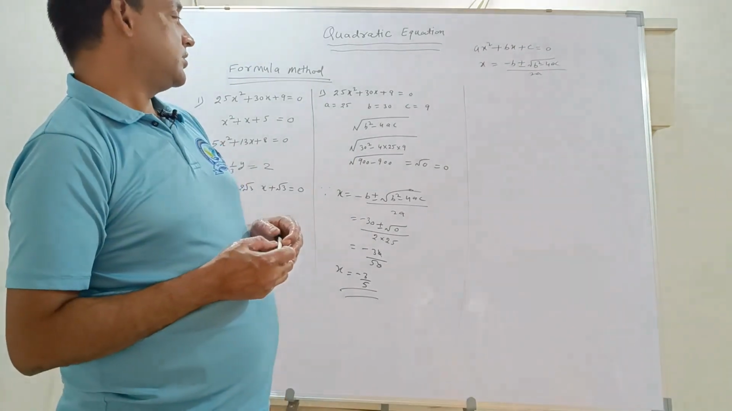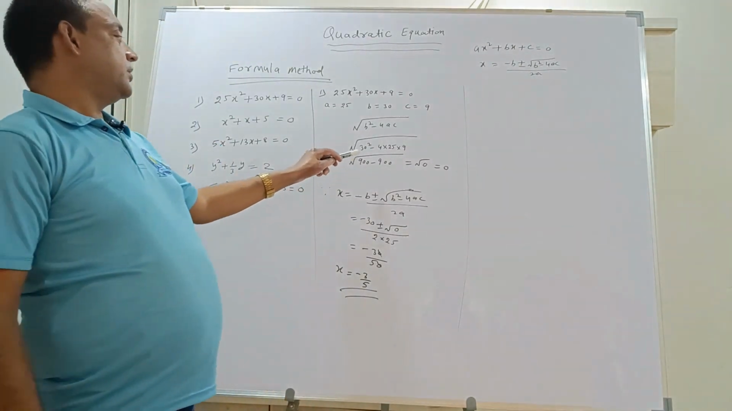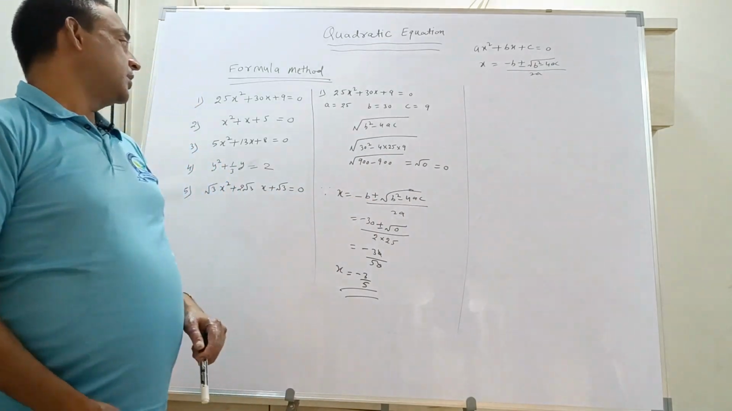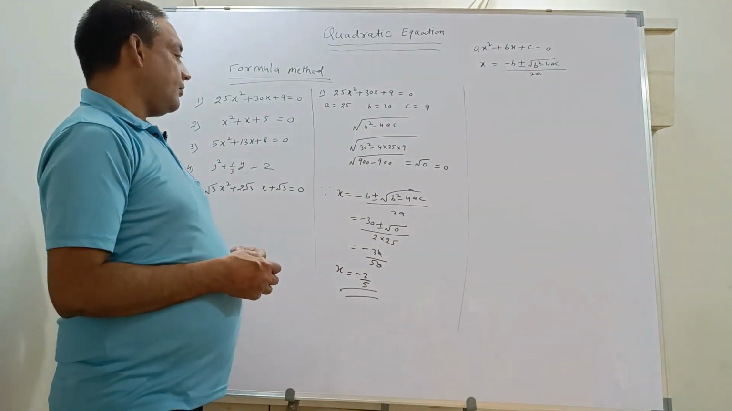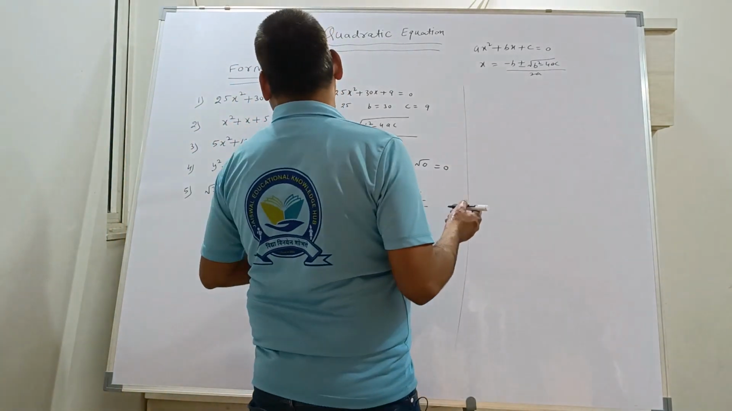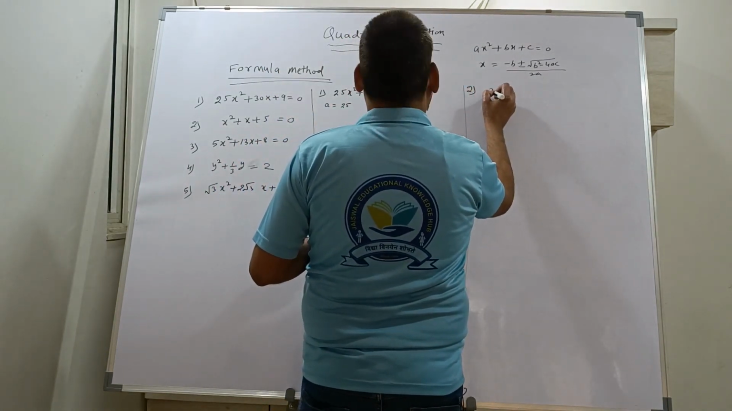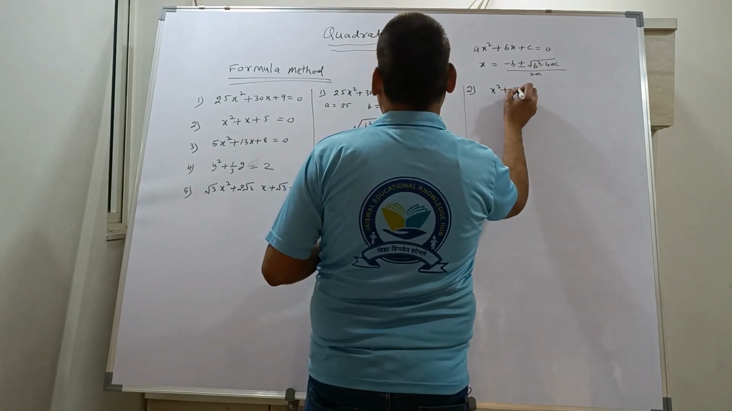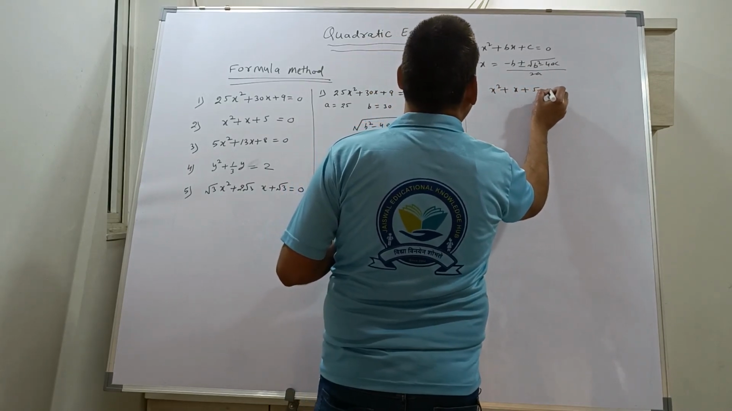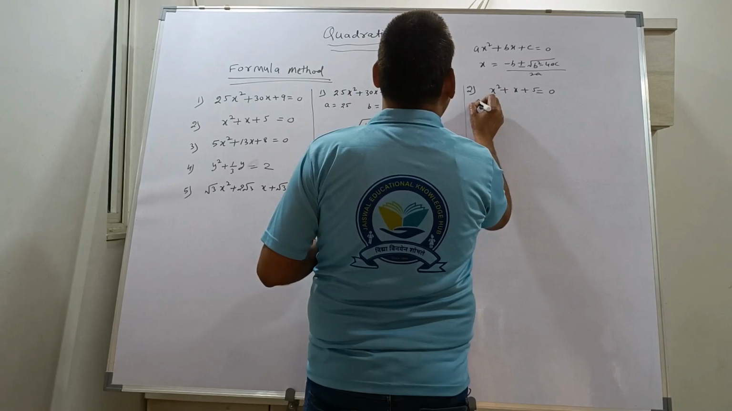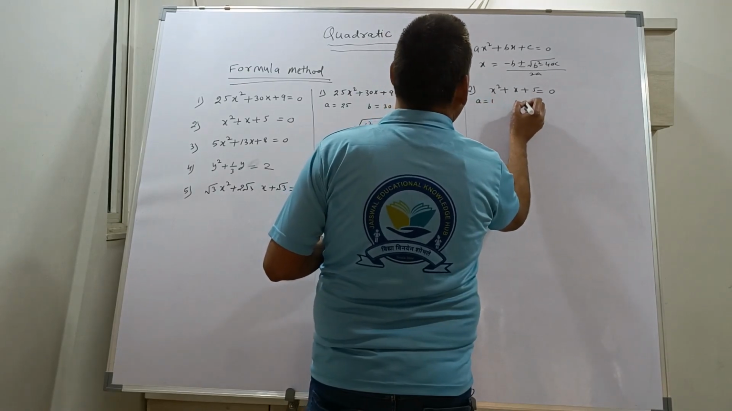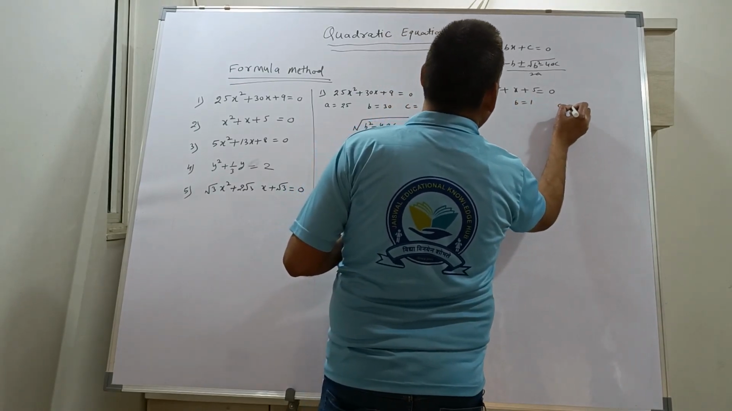So I can say this is the simplest method. Only this radical form you have to see properly, everything. Okay. Next one, again the same way, we have part sum number 2, x square plus x plus 5 equal to 0. So we have a is equal to 1, b is equal to 1, c is equal to